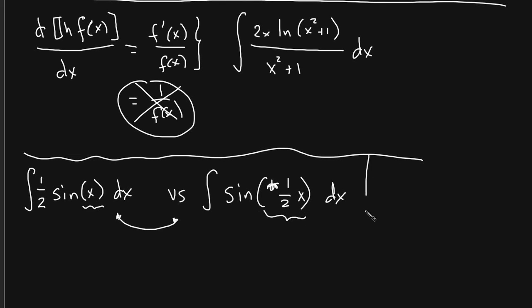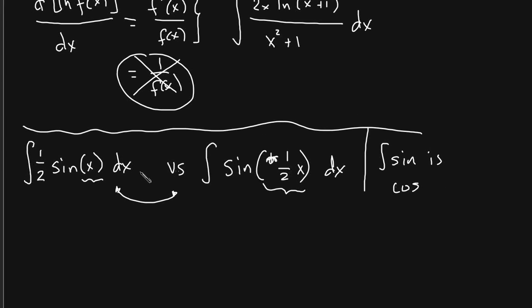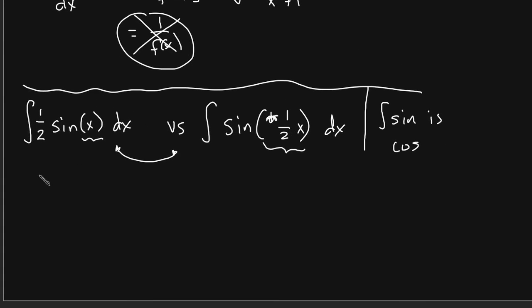Because even when they speak it, they say integral of sine is cosine. That's how they say it. And lost in all of this is the argument, right? It's the integral of sine of x dx is cosine of x plus constant. But they don't say it that way. They engage in a short form version of this, which leads to this protracted confusion about how these integrals should work.